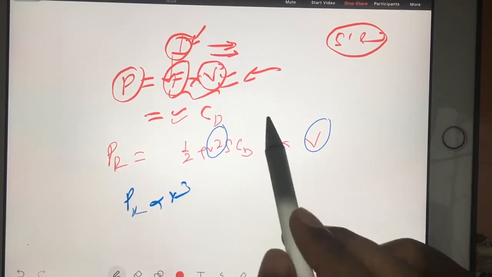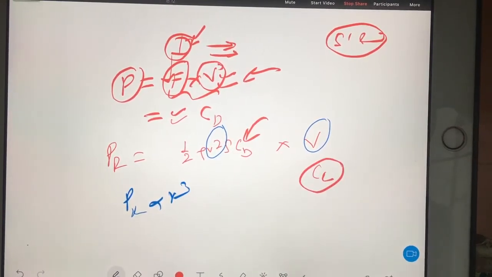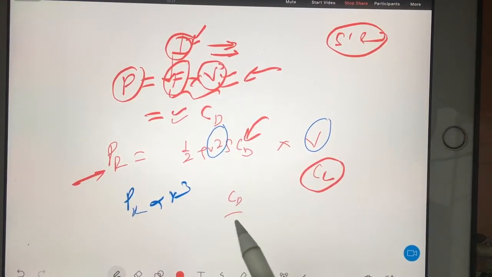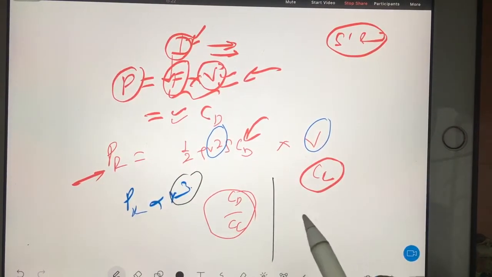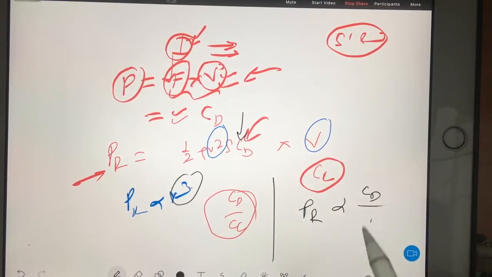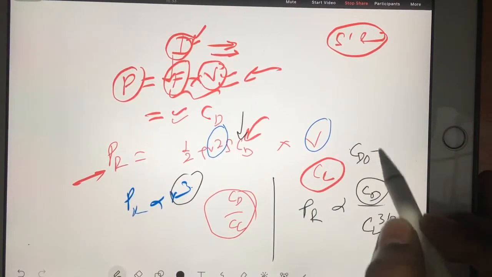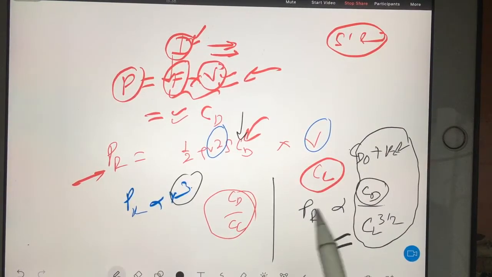After that again you have a situation. This CD is here, and what about your CL condition? I am trying to convert my entire equation in terms of CD and CL. After substituting velocity in terms of CL, I can clearly see that your power required is actually proportional to CD over CL power 3 by 2. Now CD again I can break as CD naught plus K CL square, and then I will get this relation. According to this relation I will judge the power requirement condition.